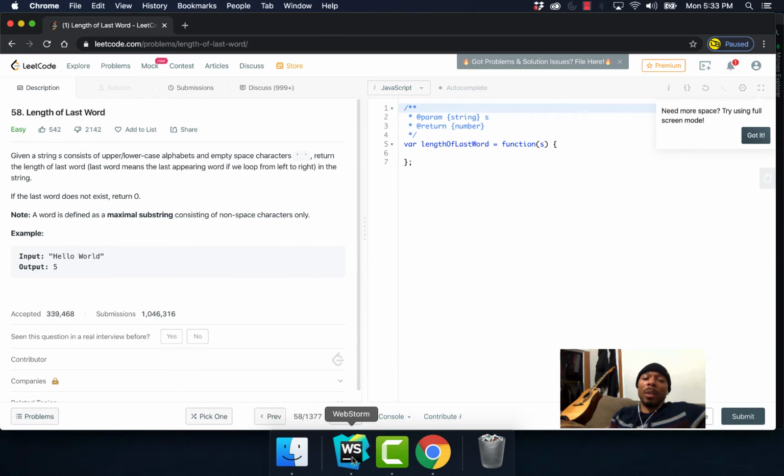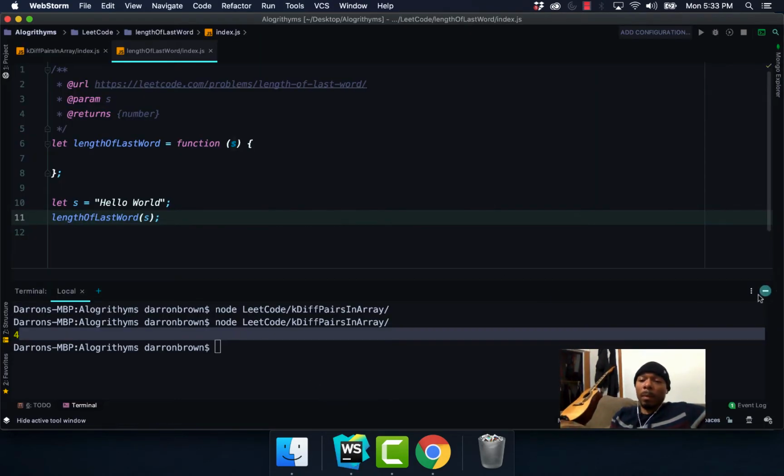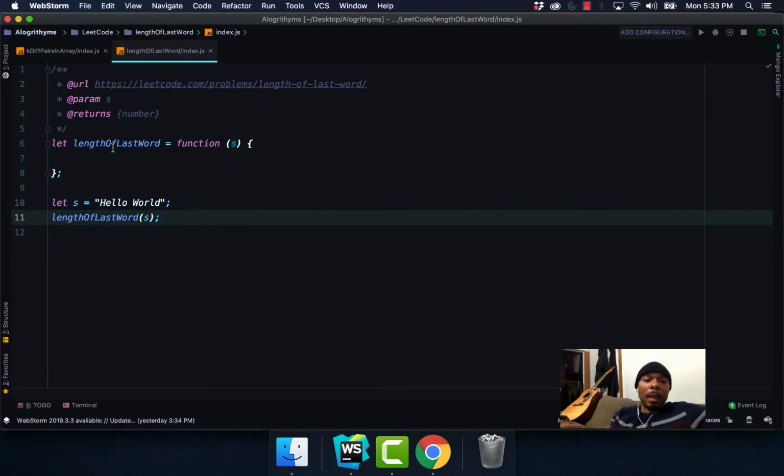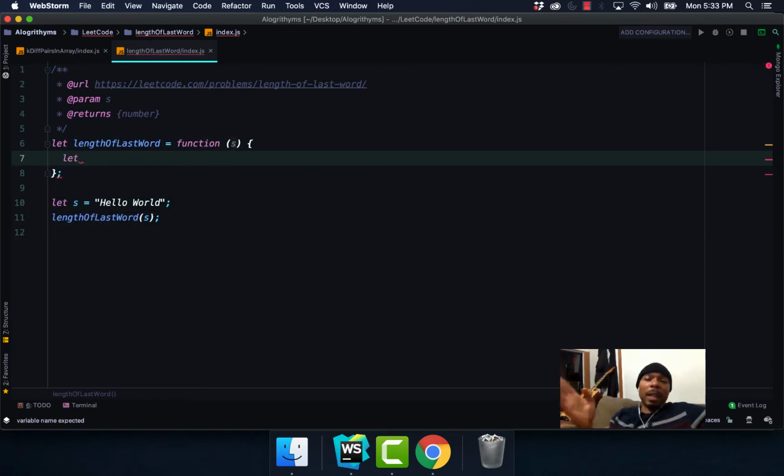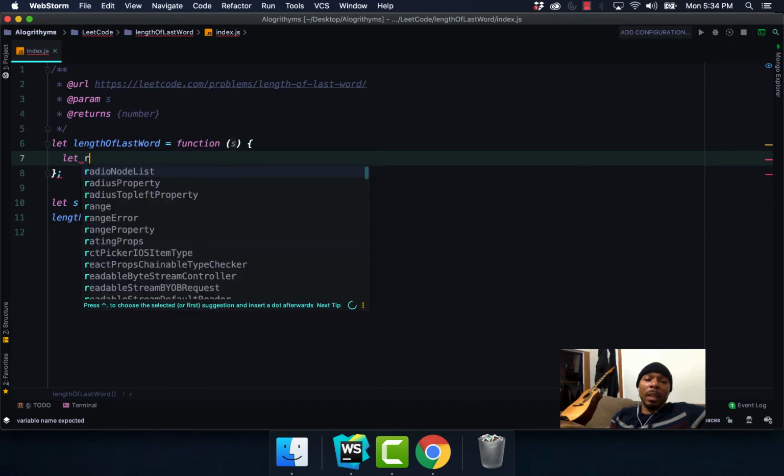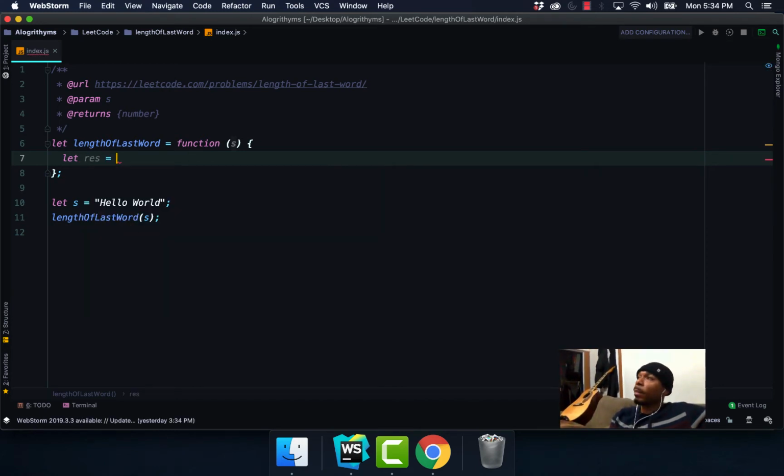So I want you guys to open your text editor. And make sure your screen looks identical to mine. And if you guys catch me looking back and forth, that's because I actually have already completed this problem. I'm just referencing it. So we're going to let our response equal